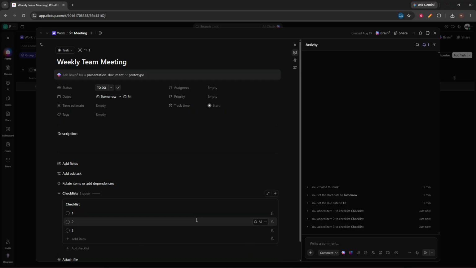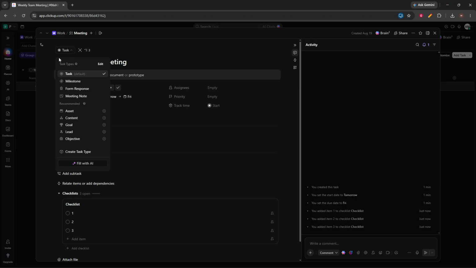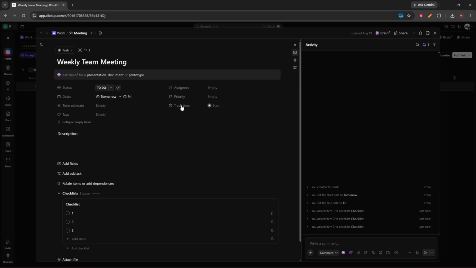As work gets done, update the meeting task and its action items. You can also use the task status to track the overall progress of the meeting and any follow-up work that comes from it. Finally, open your meetings list anytime to review upcoming meetings, agendas, notes, decisions, and action items all